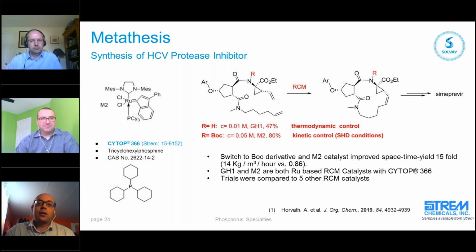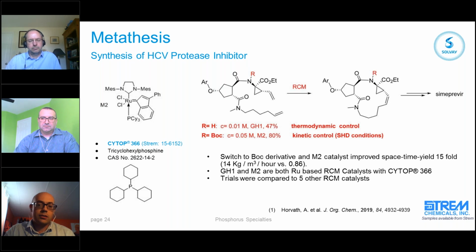Another famous reaction, I would say, of pharmaceutical importance is metathesis. This example here shows a key step in the synthesis of simeprevir, which is a drug first published by Janssen. In this particular case, this is a drug that's going into hepatitis C, so it's a direct-acting antiviral. And these are important because hepatitis C affects over 150 million people. And really this ring-closing metathesis step is critical because you generate this 14-carbon macrocycle.